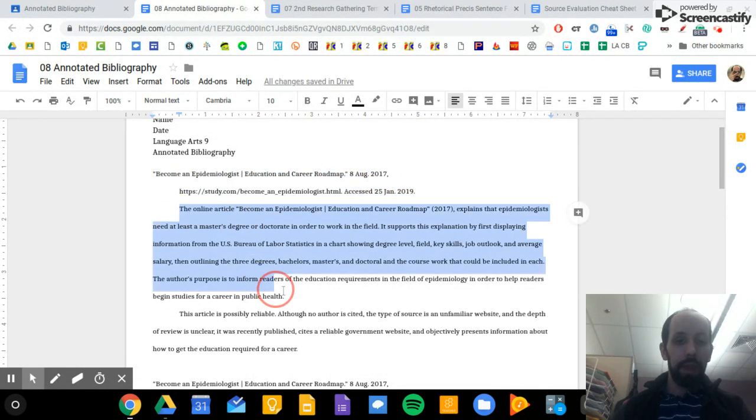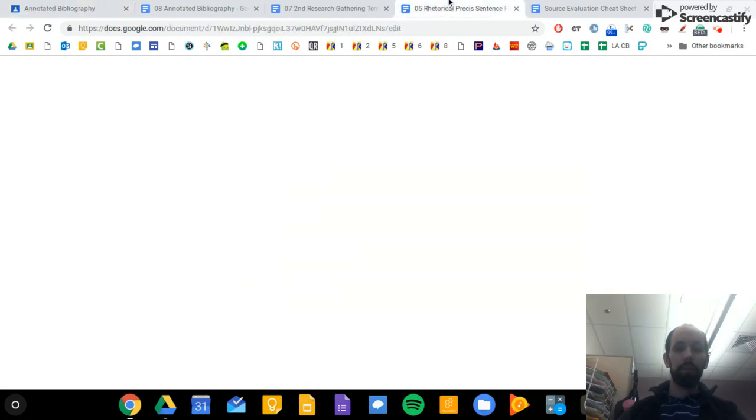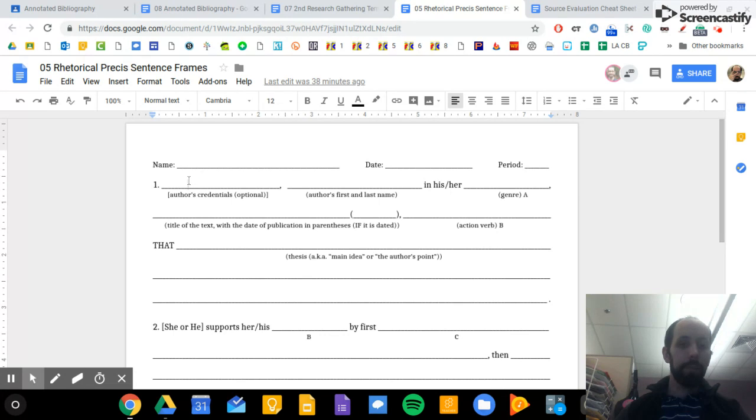Then below that, you're going to be working on writing a summary. In order to do that, under Annotated Bibliography is this rhetorical braces sentence frame. You're going to click on that, and when you open it, it's going to look like this. So you have two options here. You can either print this out and fill it out, or you can just sort of follow this format as you're writing your